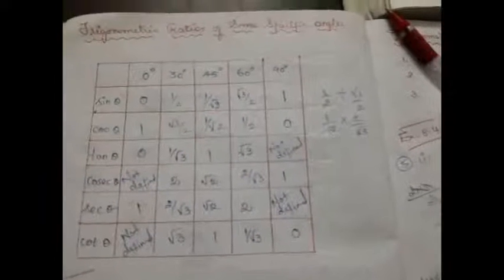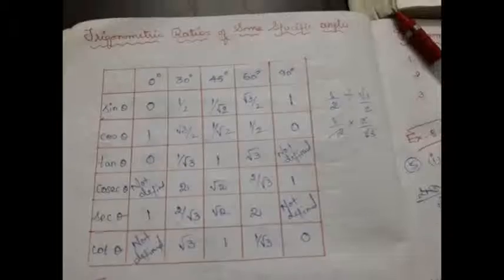Right? And from an exam point of view, if you have any questions on the question paper and you are unable to recall it immediately, there is nothing wrong in it. You can draw the table at the corner of your paper and then find the values, and then you can substitute, right? Hope this is easy to remember. So if you remember the sine values alone, you can find the remaining values of the other trigonometric ratios, right? Now let us see how we can solve problems using this.